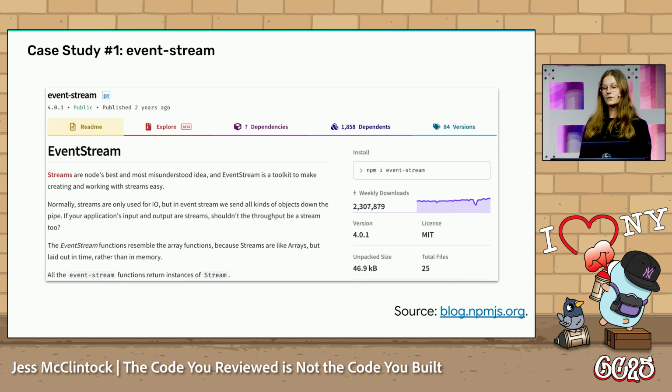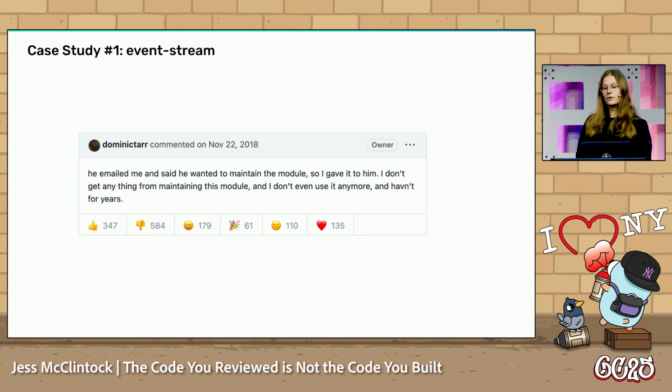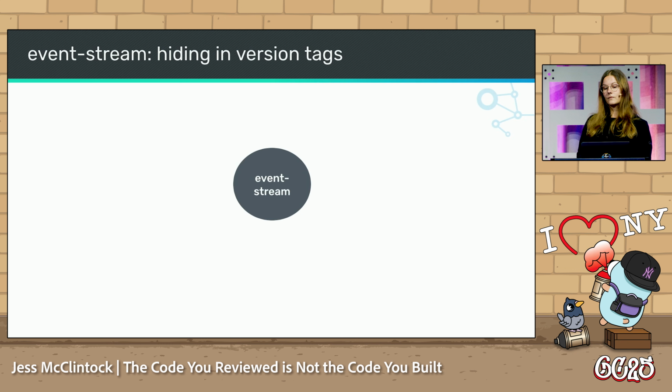EventStream is a helper package for working with streaming data, but it hadn't been in active development for a couple of years. So when a user contacted the author asking to take over maintainership of the package, the author saw it as an opportunity to shed some responsibility and handed ownership over. This unknown party targeted EventStream for a reason, but one thing of note in the EventStream exploit was that the